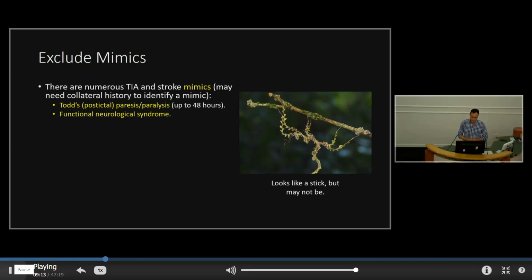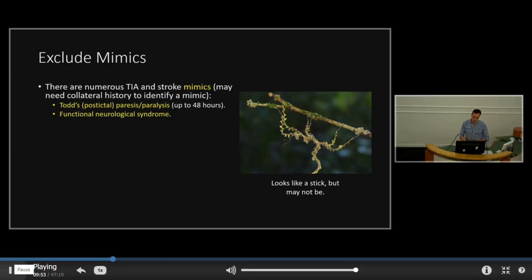So the Todd's, or postictal paresis or paralysis. After a seizure, particularly a focal motor seizure, a person will develop, nobody knows the pathogenesis of these, but there's some kind of dysfunction of the neocortex. The neocortex is the several millimeter thick ribbon around the edge of your cerebral hemispheres. And that can be dysfunctional for up to 48 hours after a good-going seizure. So that can present with all kinds of strange signs and symptoms. I remember as a registrar, I actually thrombolyzed a Todd's paresis. The patient was fine because if you thrombolyse someone who hasn't had a stroke, the risk of complication is exceedingly low, but still, I was fooled.